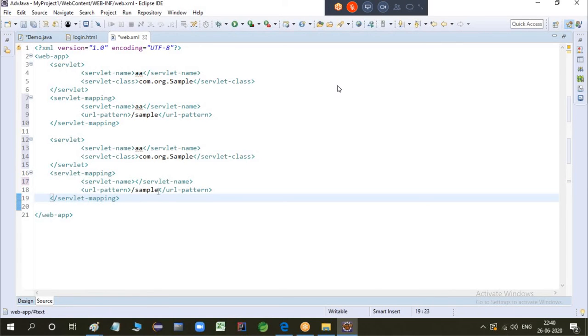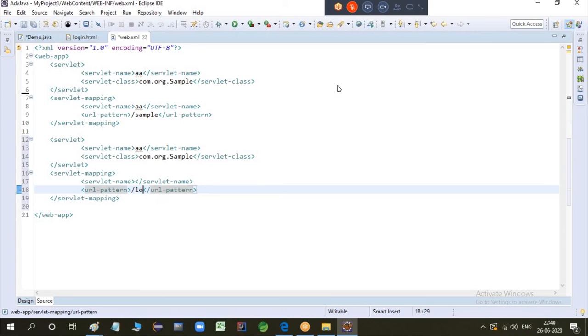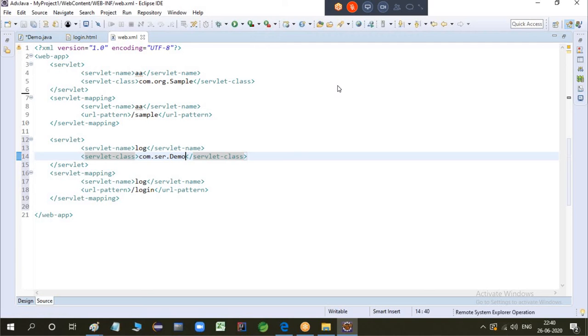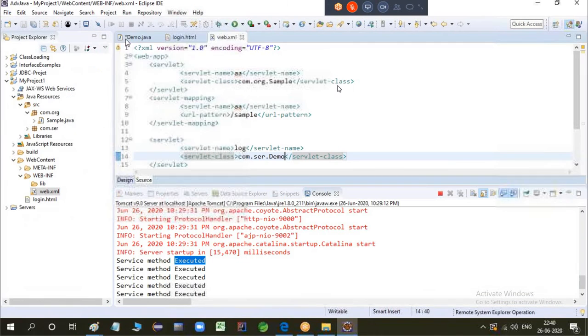URL is login, with the name. I'm just giving login with the same name which servlet class must execute. This servlet class, which is com.servlet.demo. Clear? Next.